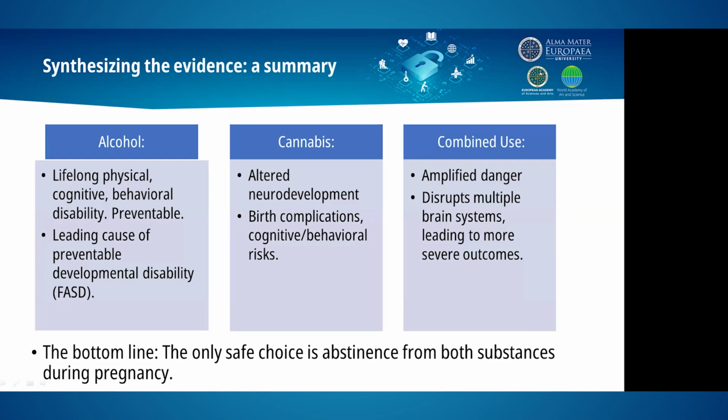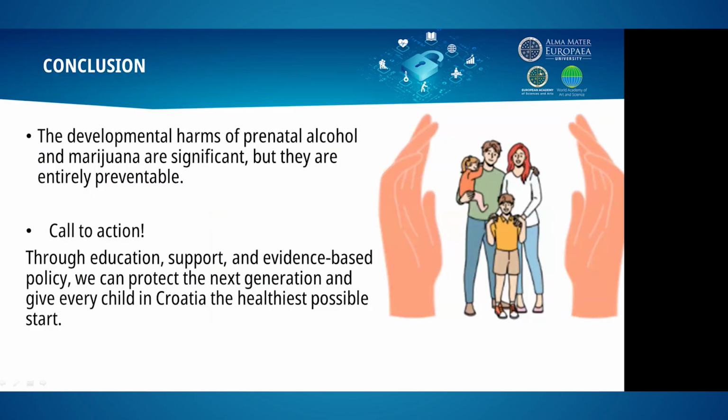This brings us to the bottom line, a message that is both scientifically sound and simple to communicate. For a healthy pregnancy and the best possible start for a child, the only safe choice is complete abstinence from both alcohol and marijuana. And to conclude, the evidence is clear: alcohol and marijuana can profoundly and permanently disrupt